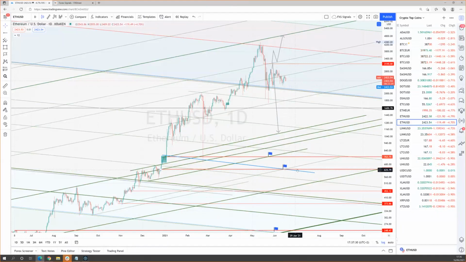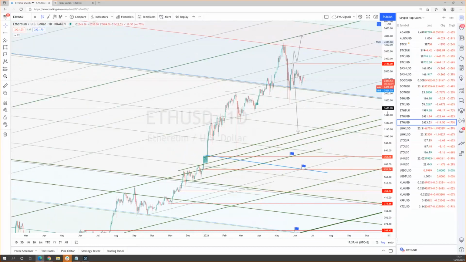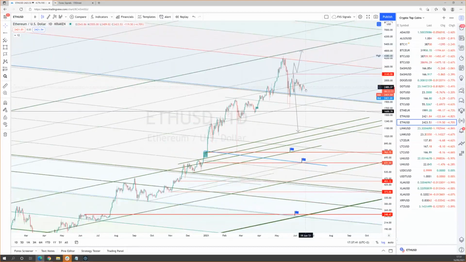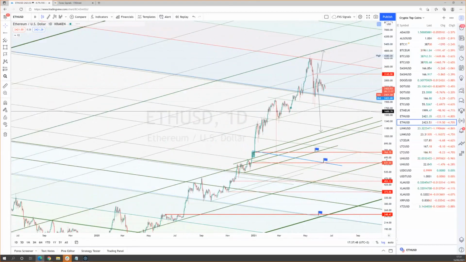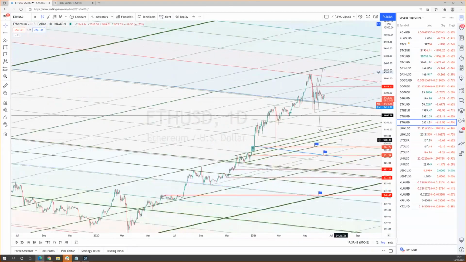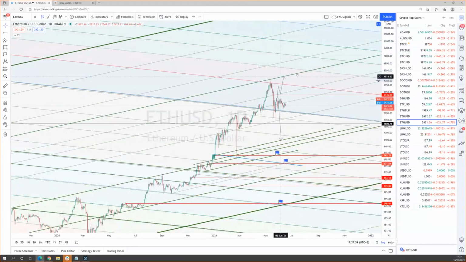Okay, and if the level is not revisited, this in itself is a bullish sign. All in all, we see that we are at very high levels. So we had a severe correction here in terms of percentage, but from a logarithmic perspective, we can see that we are still very high here. Okay, so targets to the upside, regain of this area here, and then if we look at the weekly, we can see the